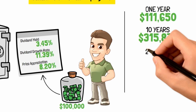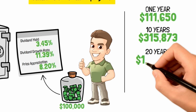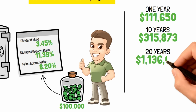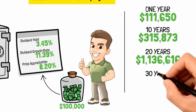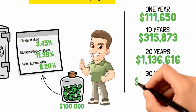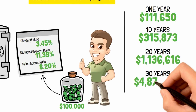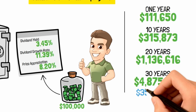$315,873. Give it 10 more years, and after 20 years, the portfolio value will reach $1,136,616. And that is where the compounding from dividend reinvestment takes charge. At the 30-year milestone, John's initial investment balloons to an impressive $4,875,243, paying